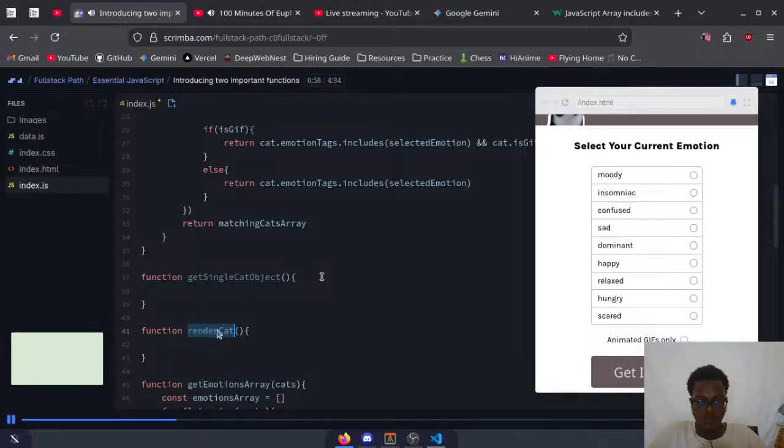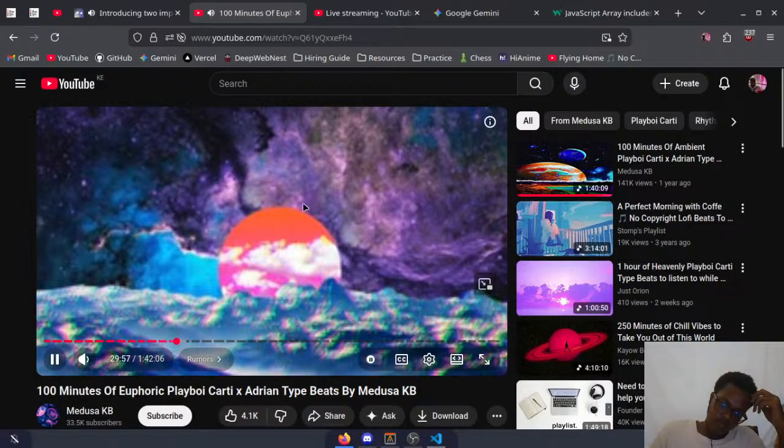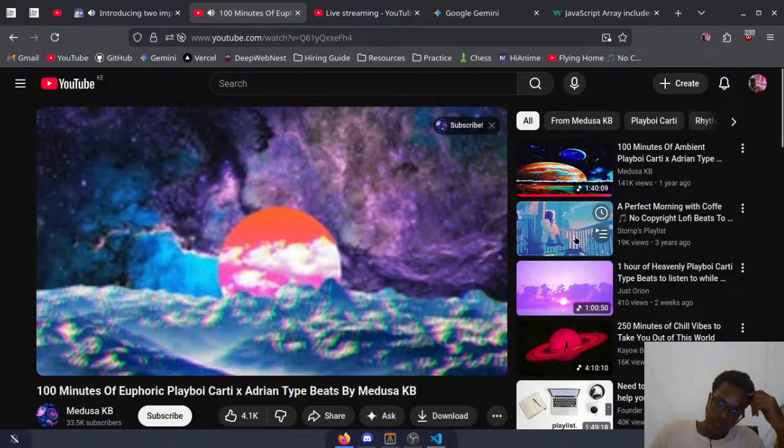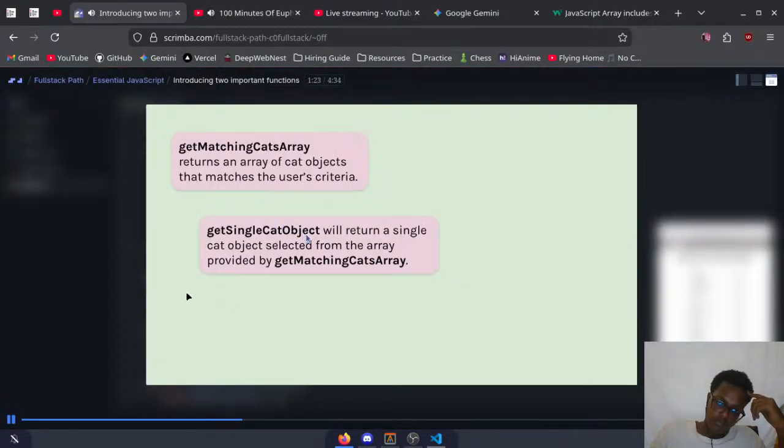And that means that writing this code could get a little bit confusing. So before we do anything else, let's take a look at what each of these functions does, and then talk about the order in which they execute. So the first function, which we've already got up and running, is getMatchingCatsArray. And this returns an array of cat objects that matches the user's criteria. We know it works. The next function then is going to be getSingleCatObject, and this will return a single